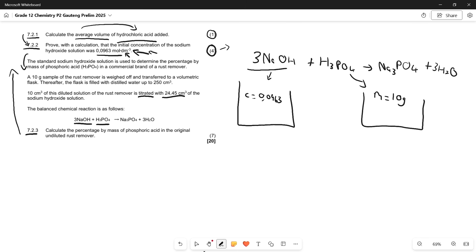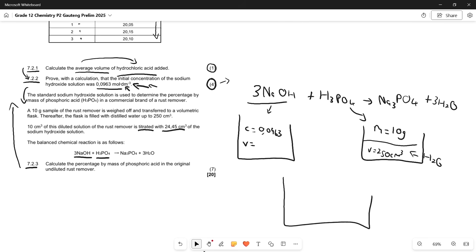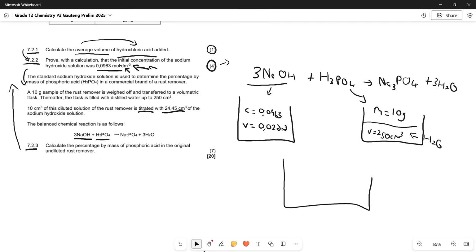And they transferred it to a volumetric flask. Thereafter, the flask is filled with distilled water up to 250 centimeters cubed. Okay, so we've added it here. There's a volume of 250 centimeters cubed of water specifically. Okay, so this would be our H2O. So we are diluting it, and then we're going to move down here just now. But before that, we also had our volume of NaOH that we calculated earlier, and that was 20 centimeters cubed, or 0,02 decimeters cubed. Okay, we're just getting all the information down,